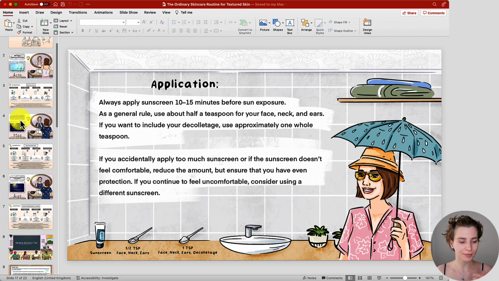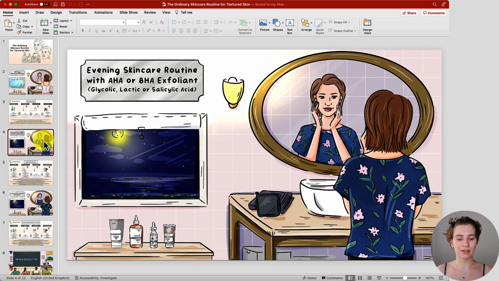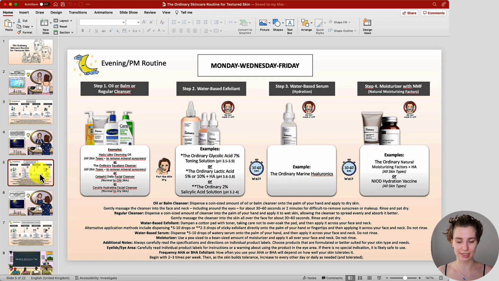And then this would basically wrap up the entire morning skincare routine and the steps that you would include. When it comes to the evening skincare routine, I came up with 2 examples. The first one includes exfoliating acids, which you can see right here. But let's break down the steps and then I want to get into the little details.